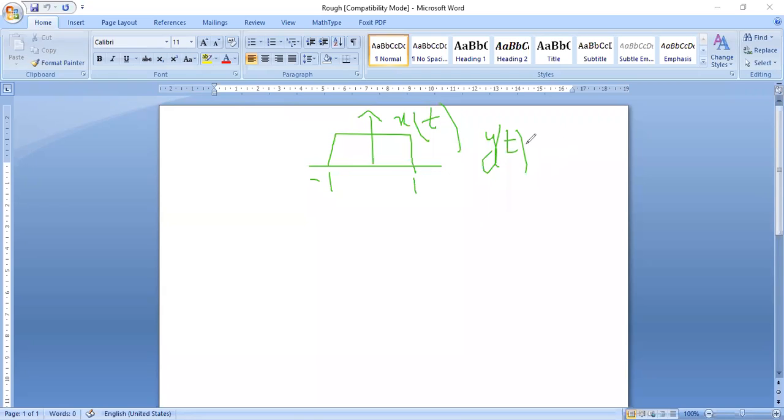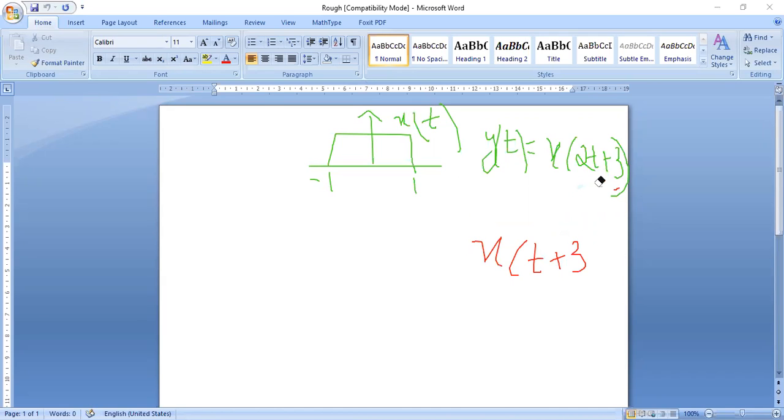Y of t is equal to x of 2t plus 3. So can you see in this 2t plus 3 two properties are present? See, hiding 3, if I write, it becomes x of 2t. X of 2t comes under time scaling. Hiding 2 in t, if I write, then it is x of t plus 3. This says that it is shifting. So in this, both the properties are present, 2t and plus 3. Time shifting as well as time scaling is present.